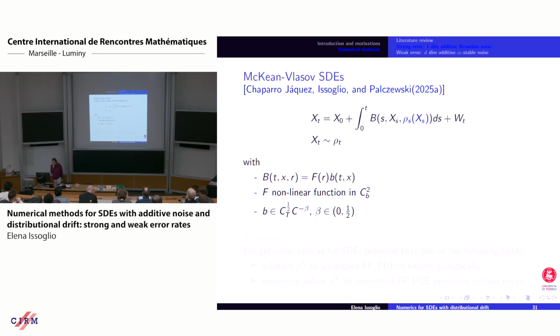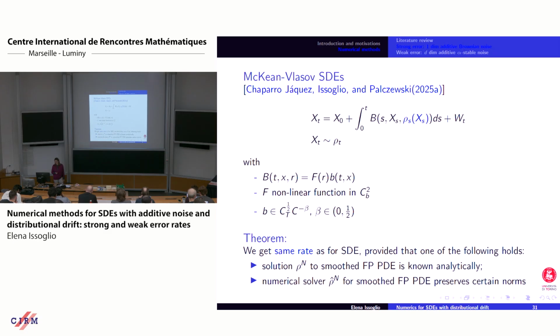Yes. We also did the case of McKean-Vlasov SDEs. So we treated the case where the drift B depends on the density of the solution, and has this form in particular. So f of r is the third variable, f depends on rho, and then it's multiplied by a distribution. We did similar things, and we get the same rate, because we use the same techniques.